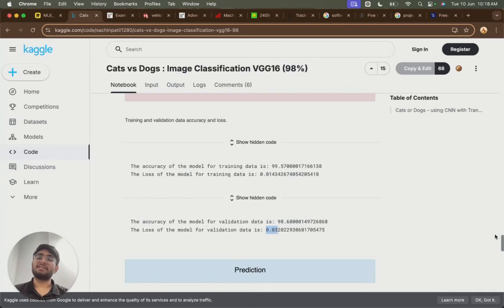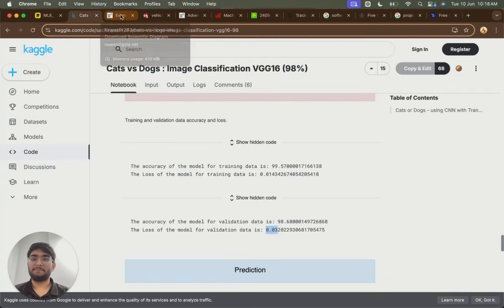But my question is, do we have just 25,000 images on the entire internet for cat versus dog classification? No, we have billions of images and it's very difficult to scrape them from the internet. So what if there is some confusing image given to this model and it can't predict? Then what is the use of this 98 or 99% accuracy?